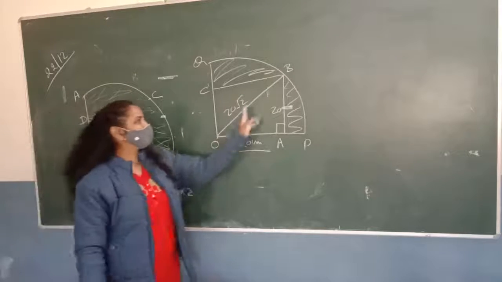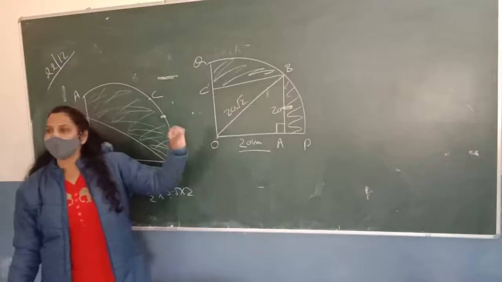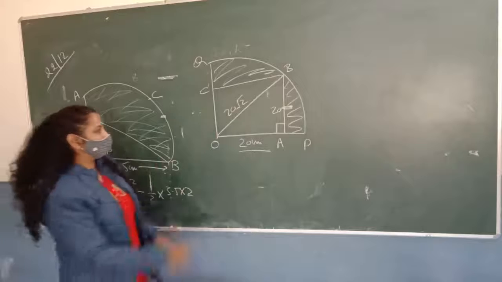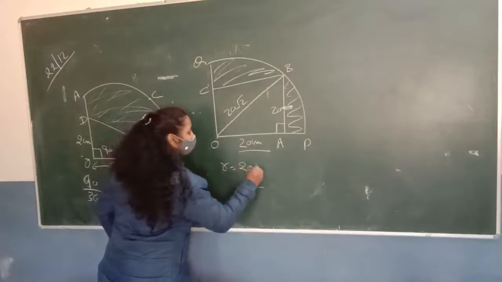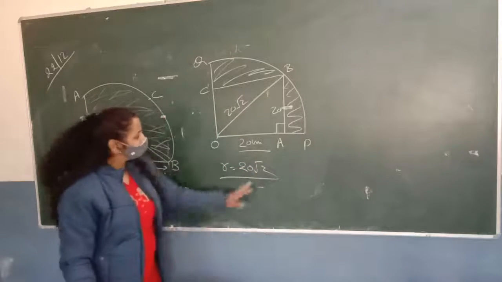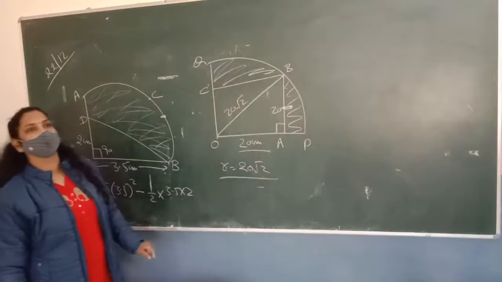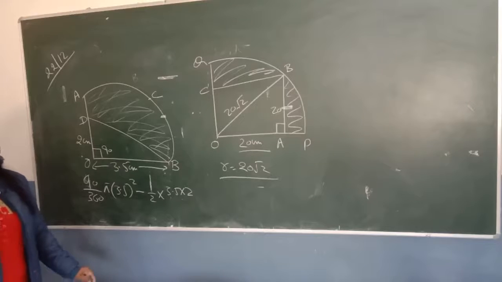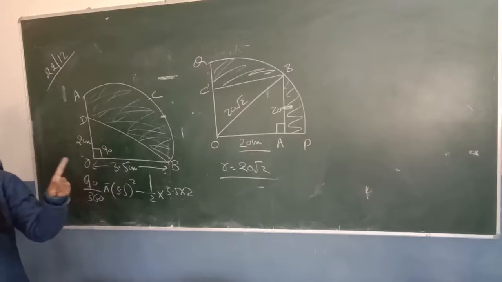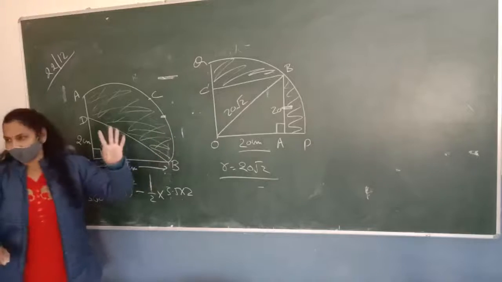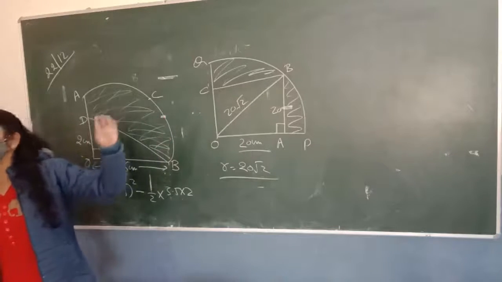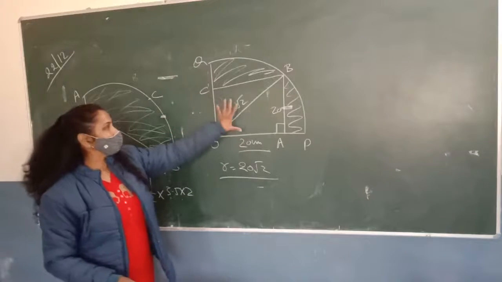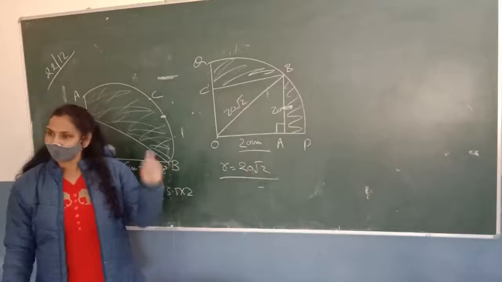We can find the length of the hypotenuse. The length of the hypotenuse is actually the radius of the quadrant. So हमने OB find कर दिया by using Pythagoras. So the radius of the circle will be 20 root 2. Okay, good. Then how can you find the area of the shaded portion? From sector we will subtract the area of the square, ना? So सबसे important चीज ये है कि आप रेडियस कैसे फाइंड करोगे. वो important है, कंस्ट्रक्शन जरूरी थी. Pythagoras लगाना था हमने. उसके बाद हमने रेडियस फाइंड कर लिया. So by subtracting the square from the quadrant, we can easily find the area of the shaded portion.